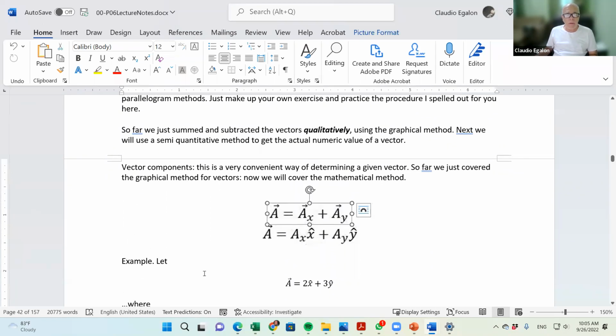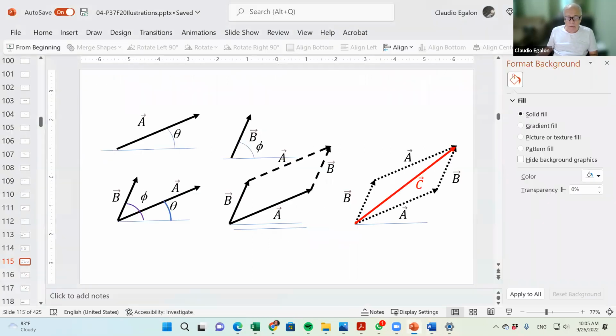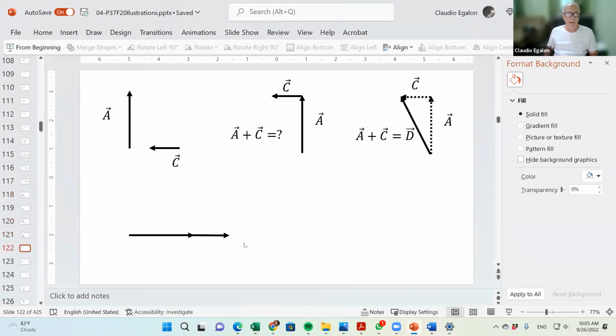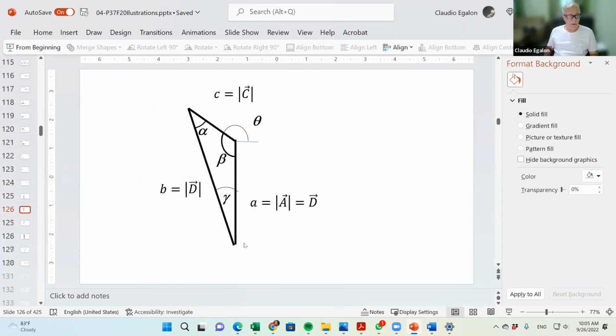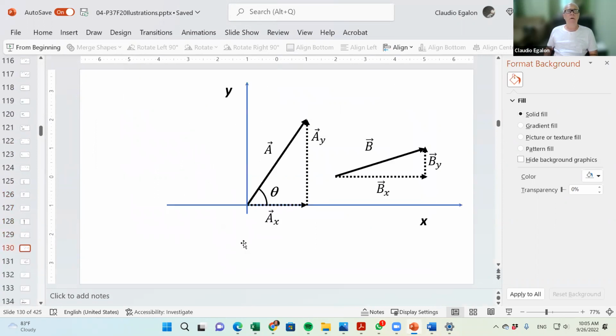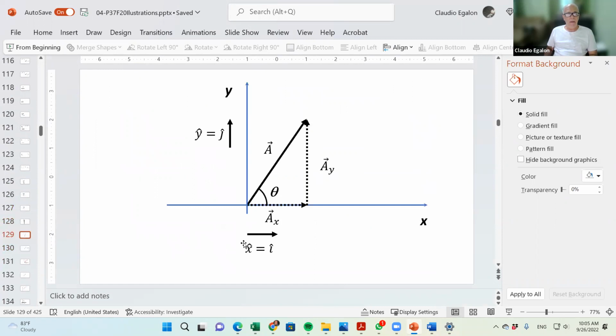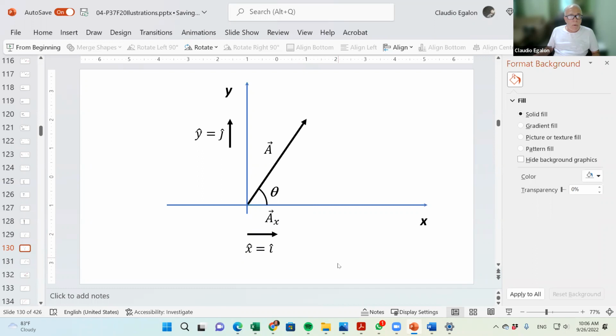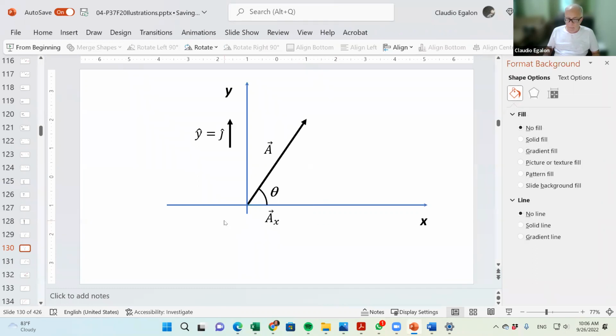Okay, so here you go. We can write vectors in terms of their components. What do I mean by component? Vectors are two-dimensional entities, even three-dimensional entities. So when you come up with a vector in two-dimensional space, let me write that down here. I don't want to overwhelm you with so many things here.